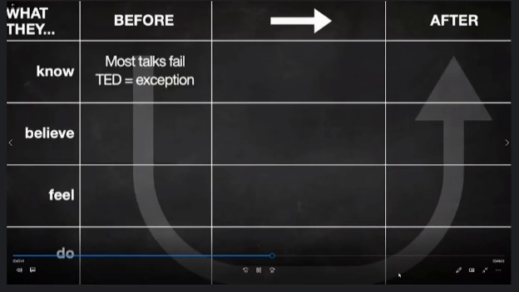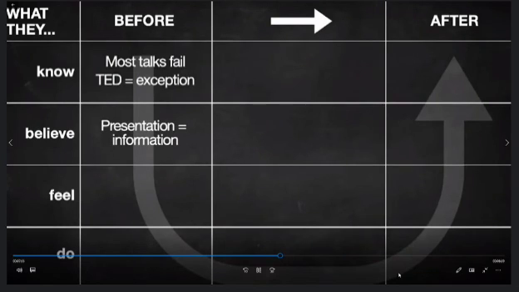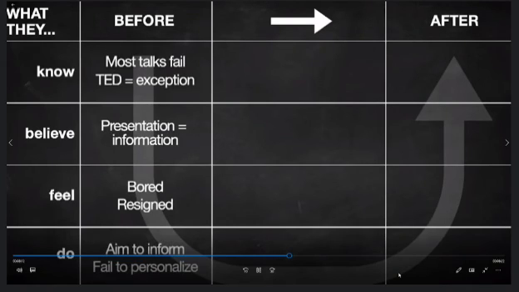So what does my audience know before the presentation? Well, they know that most presentations aren't exactly successful, and they know TED is the exception that proves that rule. What do they believe? Probably like most people, they believe that presentations are for sharing information. It might be wrong, but that doesn't stop them believing it. What do they feel about presentations? Probably bored, but also resigned to a really ineffective way of presenting because that's just what everyone does. And lastly, what do they do? Well, when it's their turn to present, they generally will pack things full of information and they won't personalize it